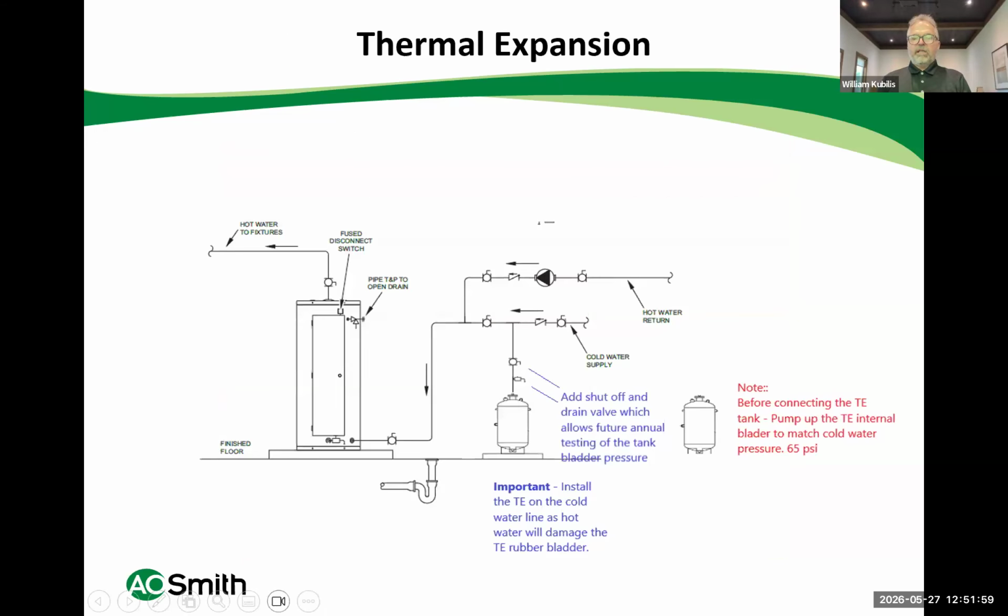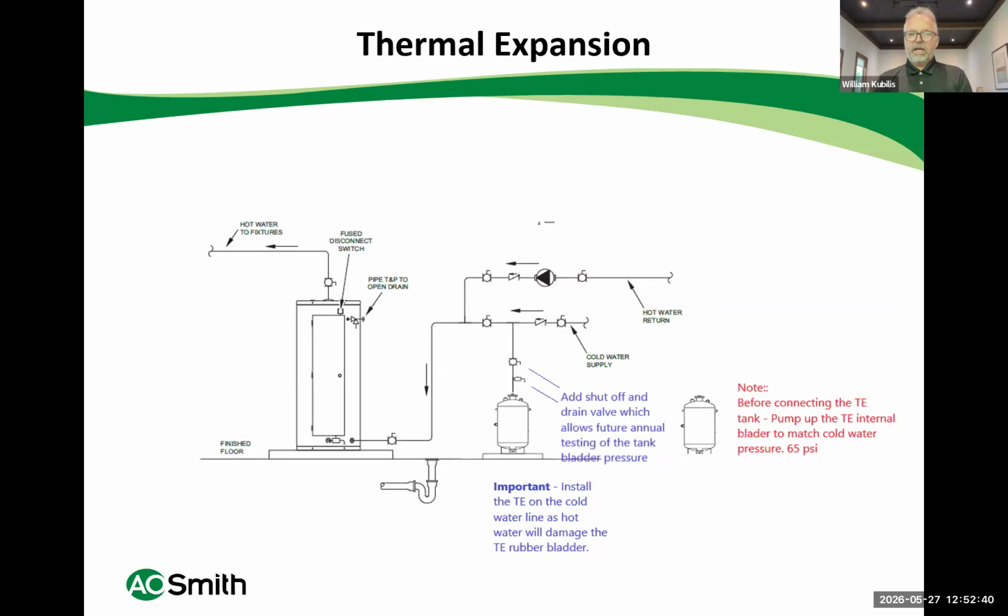On my last note here, I just always stress the importance of thermal expansion on every design that you do. We appreciate you specifying our product, but this is a very important part of the longevity of our water heater: making sure that there is a properly sized thermal expansion tank on the system. Me being the guy that goes out to job sites, I look at jobs that maybe only get 4 or 5 years out of a water heater, and they're wondering why,